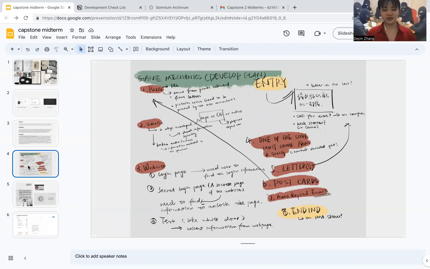The website will be the center of this whole game mechanism, because the user will find some information on this website,